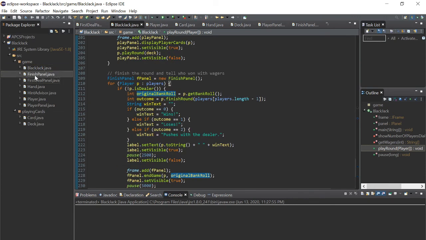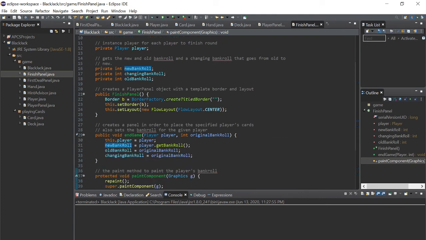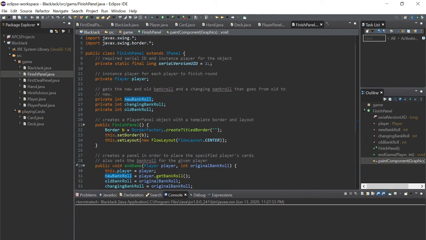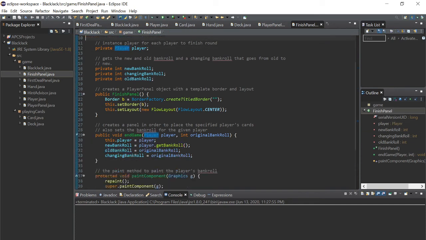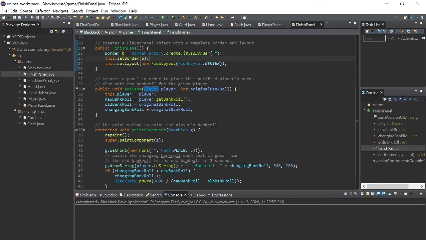And if we go finally to that finish panel, we see here that we have a new bankroll, a changing bankroll, and an old bankroll, as well as the player instance, and again the required serial ID. And we have the border that was set when constructing the object, and then we have the endgame method, which actually ends the game, or it doesn't necessarily end the game,